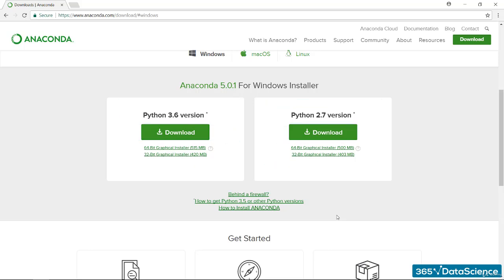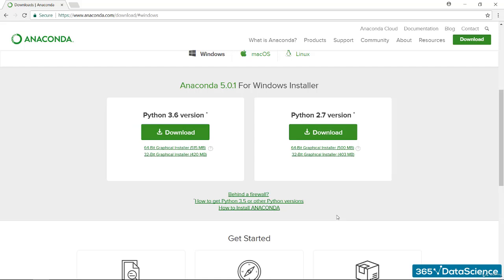I know it sounds strange to maintain not 1 but 2 versions of a single program. For this course, the differences between Python 2 and 3 will be almost insignificant, but we suggest you install Python 3. When you choose between a 32 or 64-bit version, you can simply check your operating system.